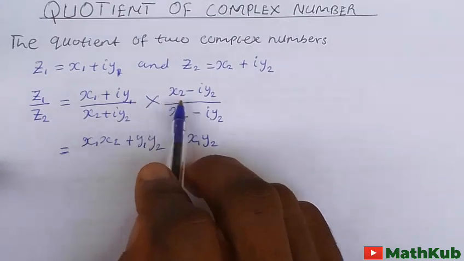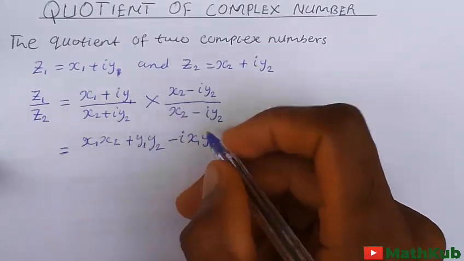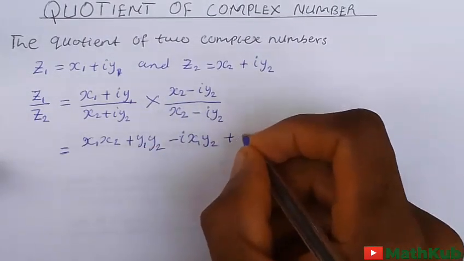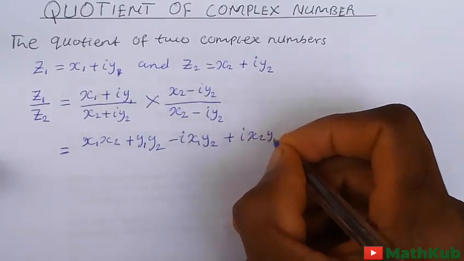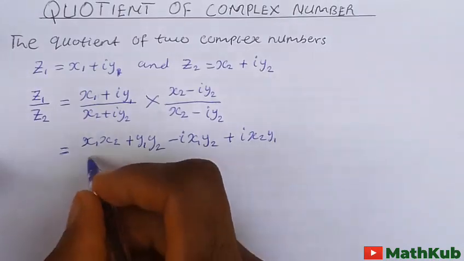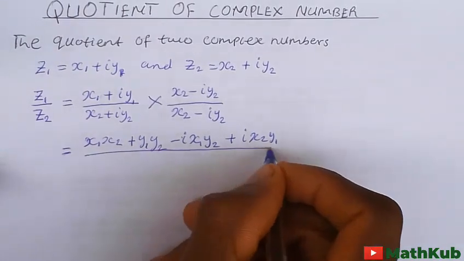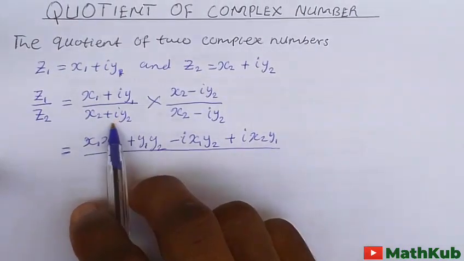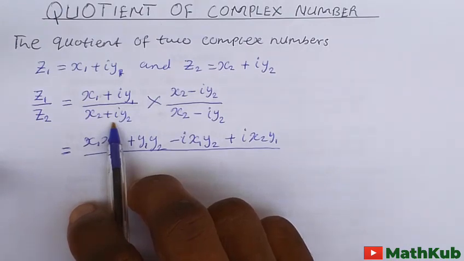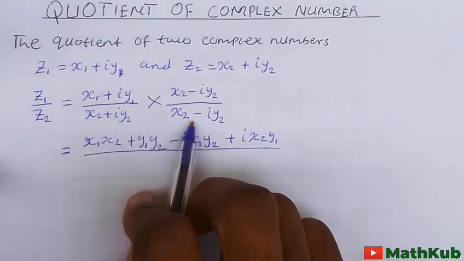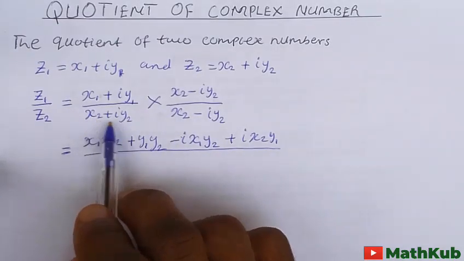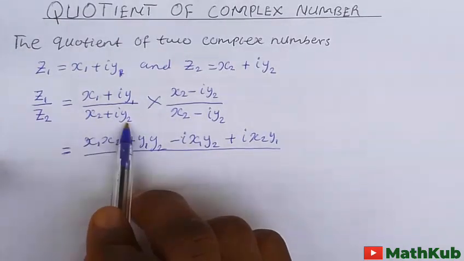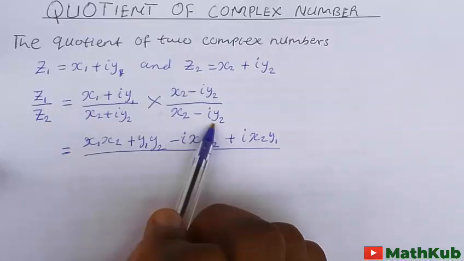Then iy1 times x2 is plus i x2 y1. For the denominator, multiplying this complex number by its conjugate simply means you multiply the first term by the first term and the second by the second term,